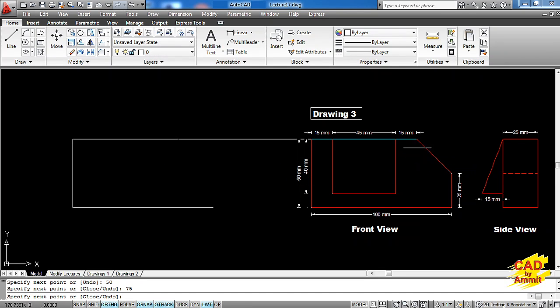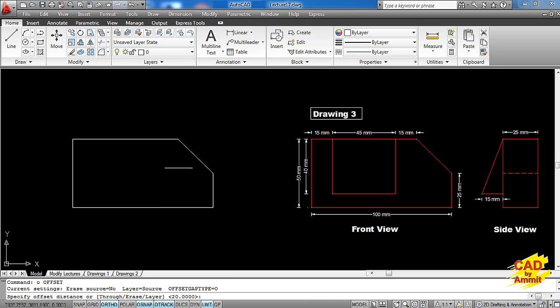Now as far as this inclined line is concerned, I cannot make it unless I have the reference of this vertical line here. So I'll just come out of the drawing right now. I again enter into the line command. I catch it from this endpoint, move it up and type down 25 to make this line segment of 25 millimeters, and then I simply join it with the endpoint of this particular line segment. So the outer geometry of the front view is over. Now for making this inside, I can use the offset command. So I'll go for an offset command.